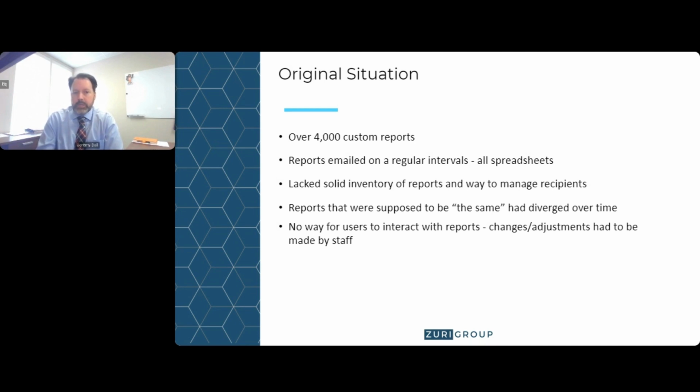And additionally, just as I mentioned earlier, because these were all spreadsheets, there was no way for the users to interact with the reports or make changes. If anybody wanted an adjustment, a new field added, date ranges changed, whatever the case may be, they had to come to the advancement services team and make those change requests, and we had to go in and change those manually. So things were very static and not super user-friendly. While they did a good job, it wasn't really where we wanted to be at that time,